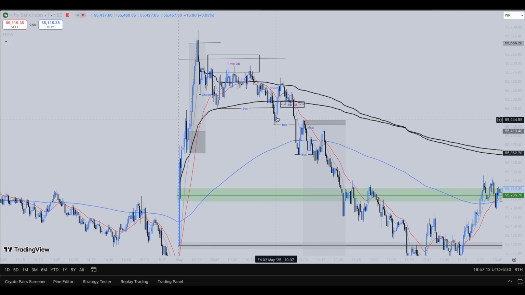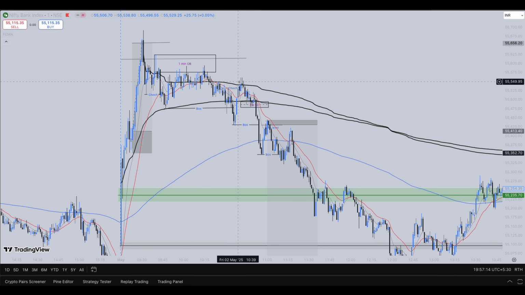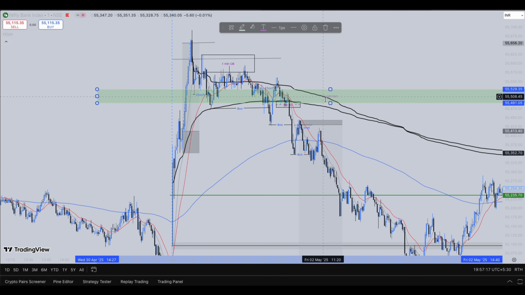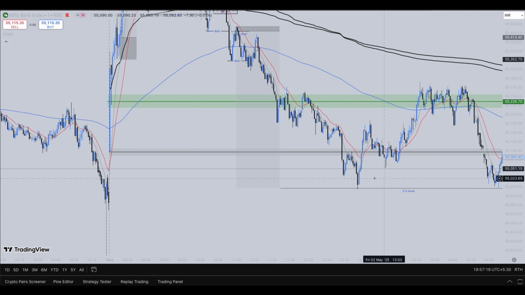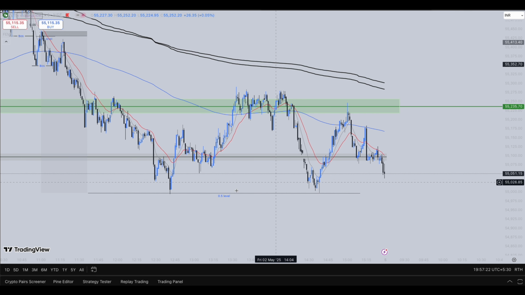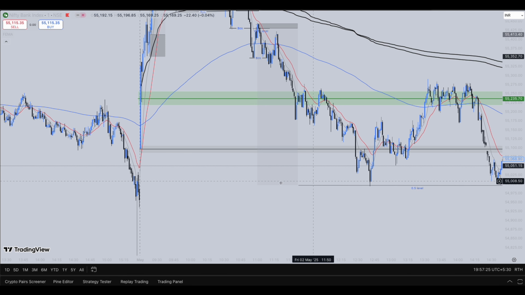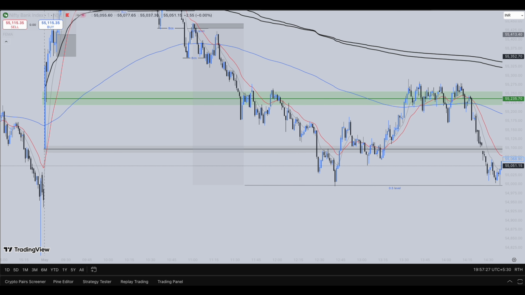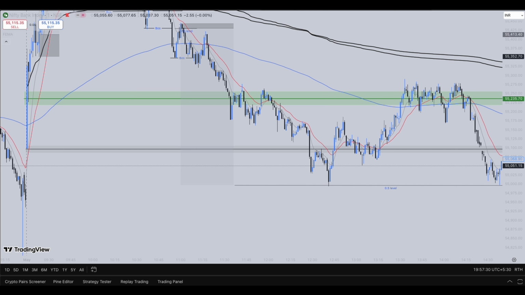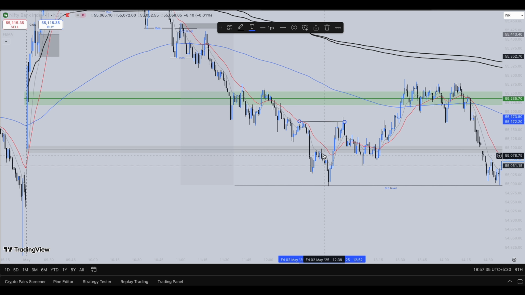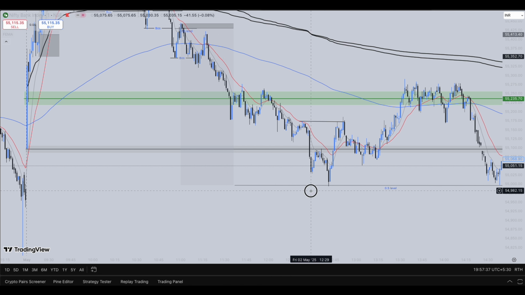You can see this kind of momentum all the way towards the downside. And with this momentum, a lot of buyers might also enter the market, and you can see how the market targeted all the buyers and came all the way down and reached the 0.5 level over here. And immediately the market, guys, formed some kind of bullish momentum over here. You can see a clear CHoCH formation over here. You can see the market clearly broke this structure, or you can consider this structure as well, a clear CHoCH formation